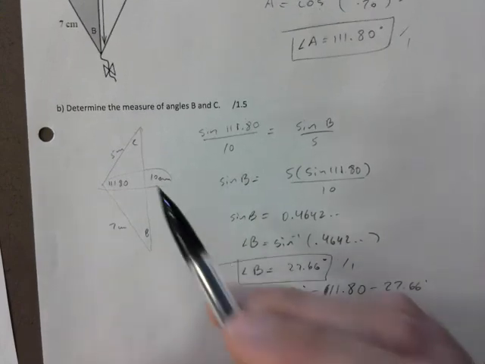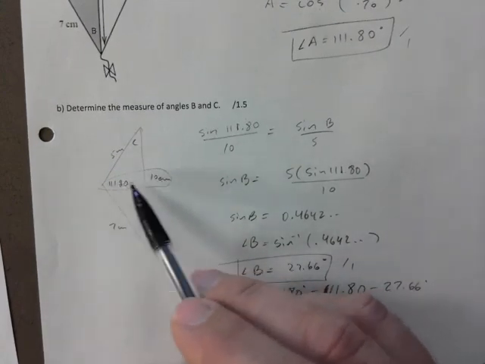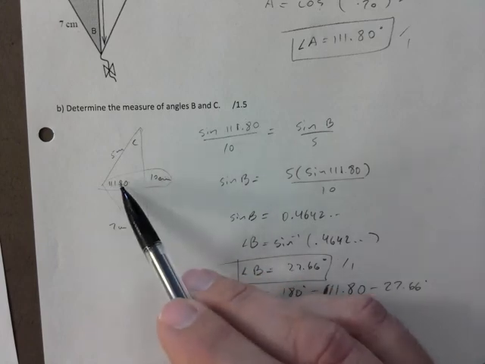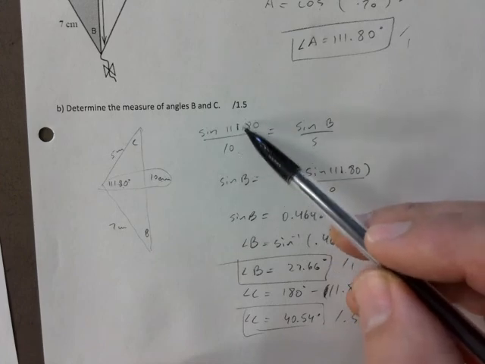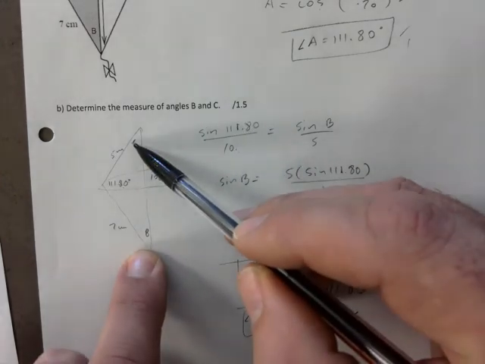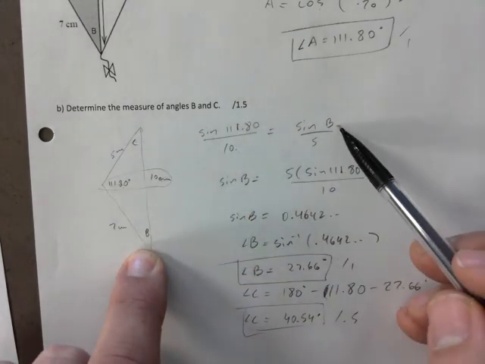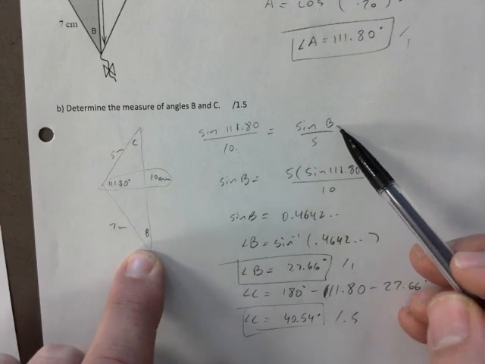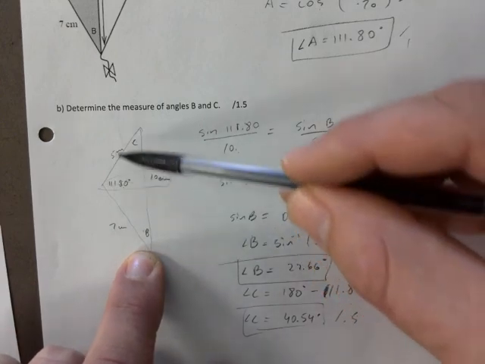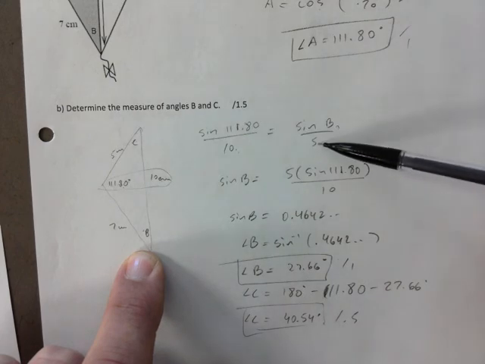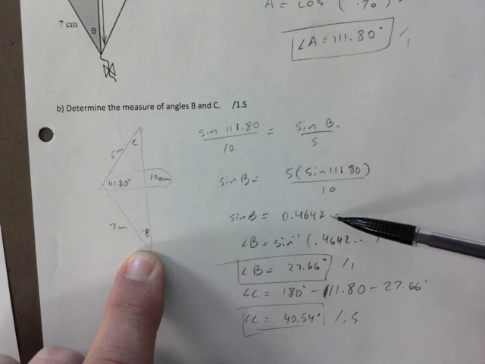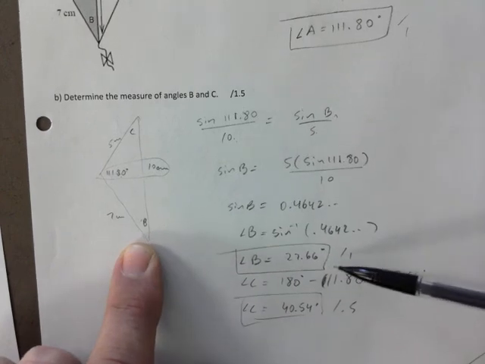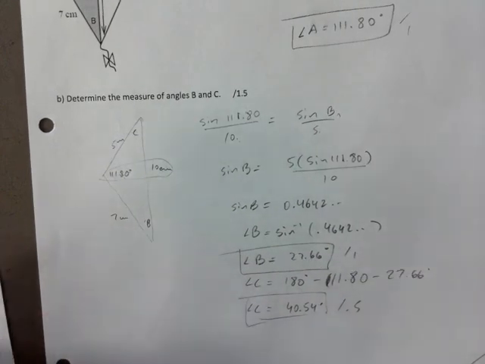Then it's asking to find the measures of angle B and C. And notice what I do. I switch over to sine law just to show you that that works, right? So now that I have that angle, 111.8, I set it up like this. And you can pick which one you want to find. I chose B. If you want to solve for B, make sure this side is on the bottom here. And this is a cross multiplying and dividing scenario. You take the inverse sine, and then you get 27.66,